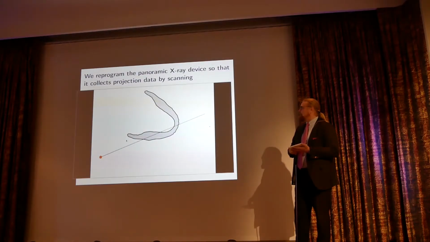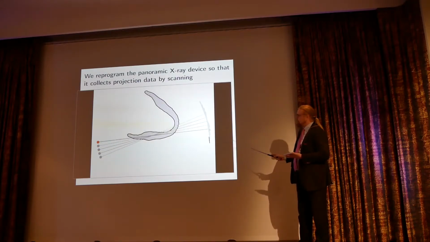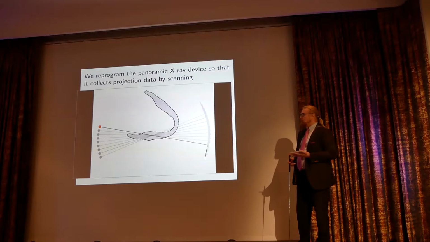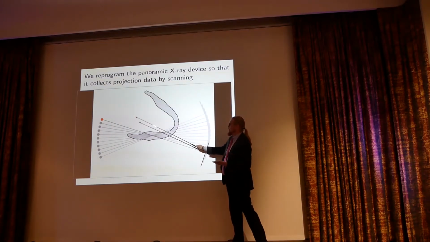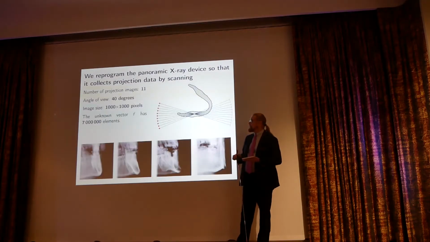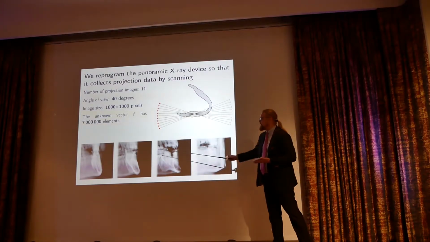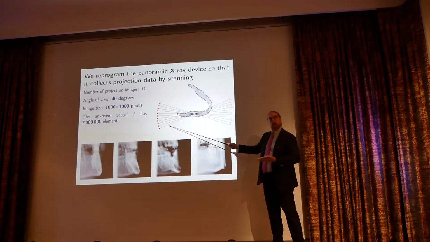So what we did, we reprogrammed the machine so that it collects pictures by a scanning movement like this. We couldn't do this all around, though. We could only move the machine in such a scanning way in an opening angle of 40 degrees. So this is the situation: we can collect images from different directions, but only from this 40-degree angle of view,